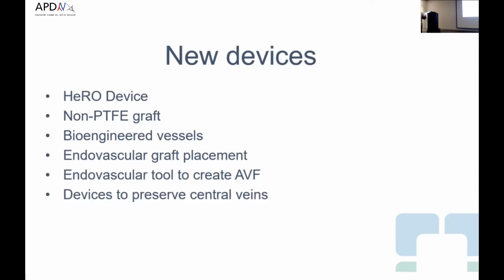Polytetrafluoroethylene grafts are not commonly used here, as I've understood, interacting with people. The majority of the patients do have a fistula here or a catheter. So for the non-PTFE graft, I will just briefly mention it. The bioengineered vessel has just completed its first clinical trial,